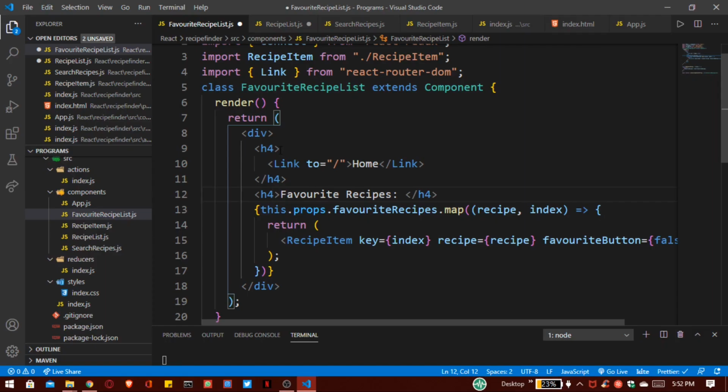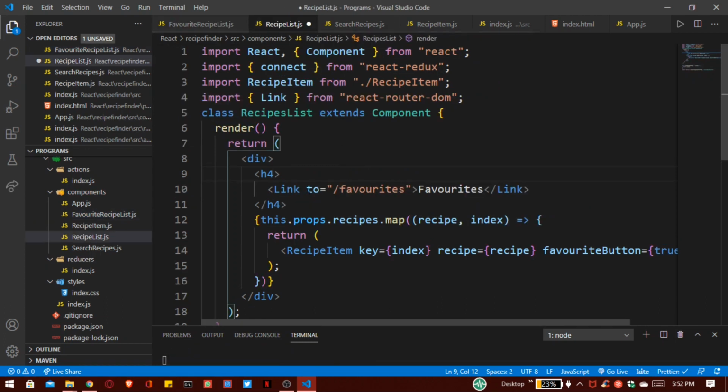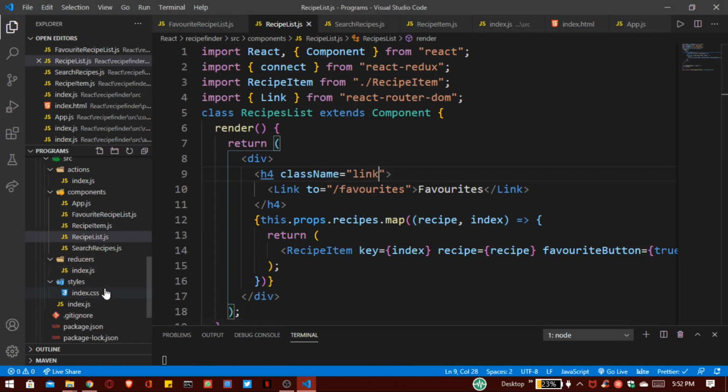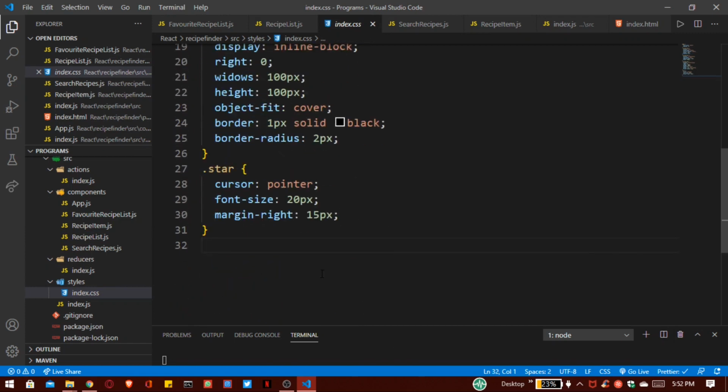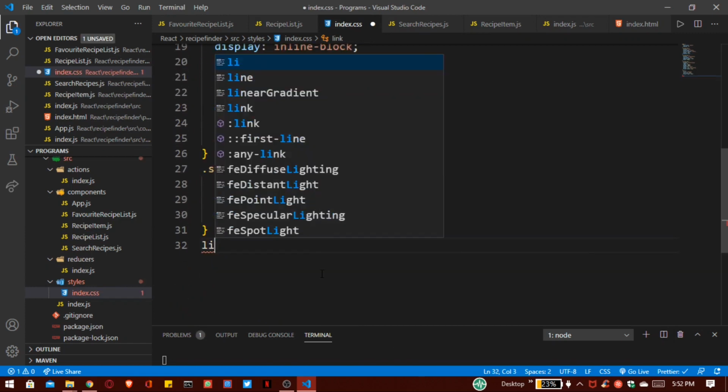Now let's fix some styles. So inside this h4 tag I write another class name, that is link. Same for our recipe list.js file, I add a new class name for our link. Now save this and go inside our index.css file, and let's add a new class for our link.